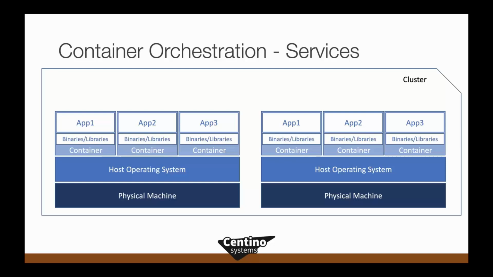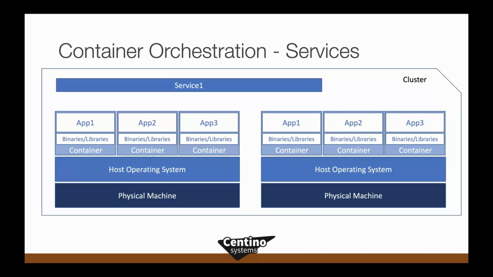container orchestrator. So here, kind of the outer boundary is a cluster, and a cluster consists of many machines. Could be physical, could be virtual, in this case physical. And I have applications up and running as containers on those underlying host operating systems. Well, what I want to do is I want to have people be able to access these containers and point my clients to a particular location on my network. So I define a service, and that's going to be an IP and generally a TCP or UDP port that I'm going to persistently expose in my data center to point people to access things like application one.